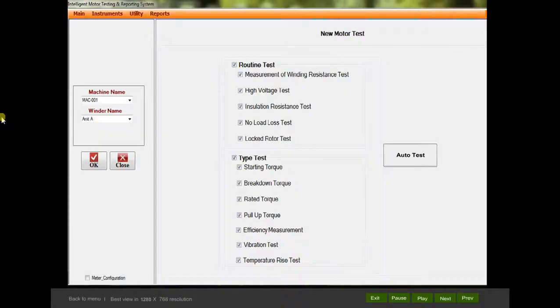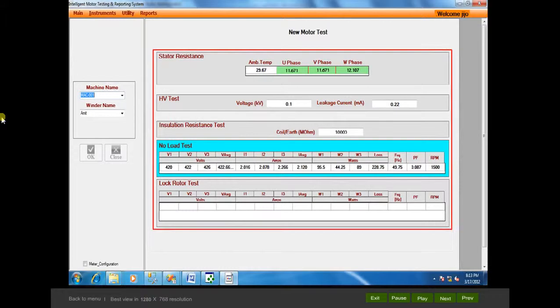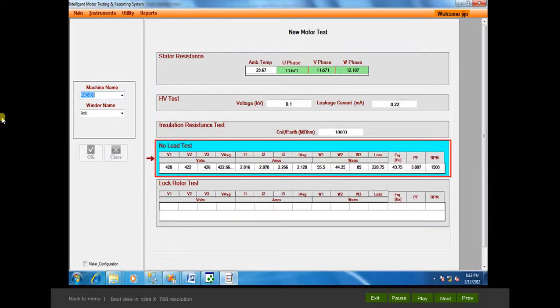After the click of Auto Test button, the test results are displayed on the screen. The test results combine measured and calculated parameters. The test under progress on the motor is highlighted with the blue color.